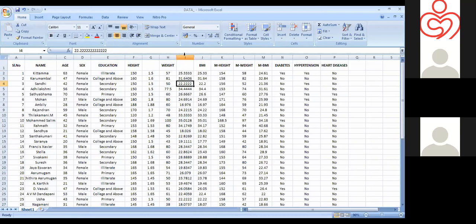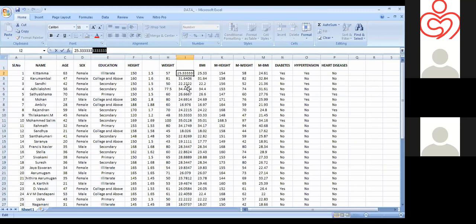And here we have 5 decimal points. It looks a little bit more, no? So we can convert this into 2 decimal points. One way is to reduce the decimal points like this. Here we can reduce the cell size, but even if we do like this, it will only change in that cell display. If we select this cell, the actual value is still there in more than 5 decimal points.